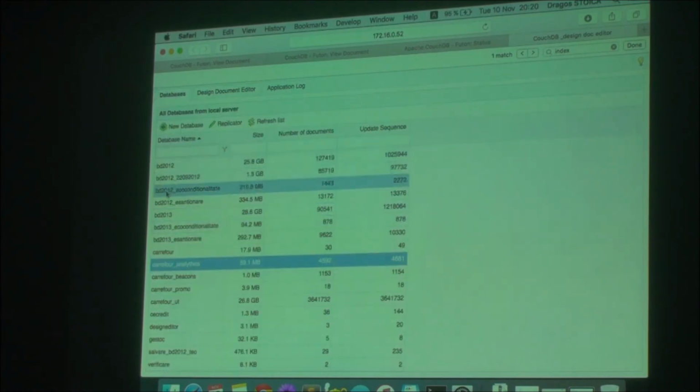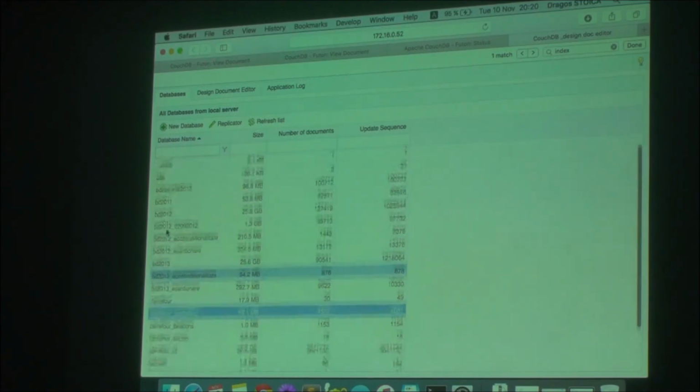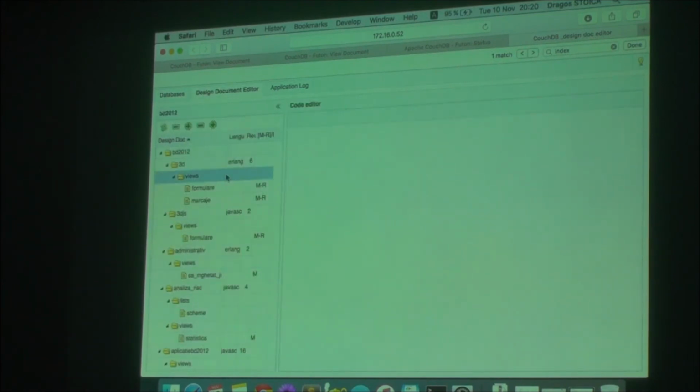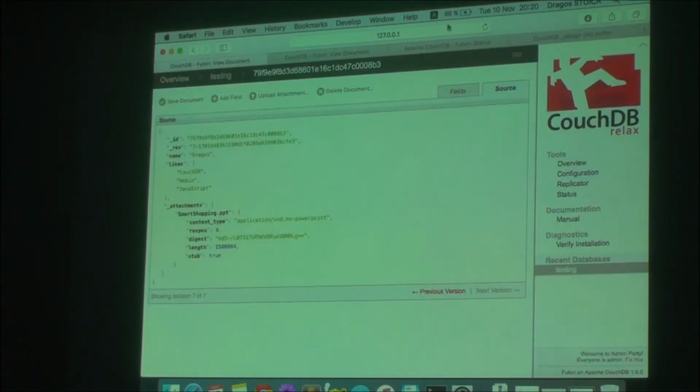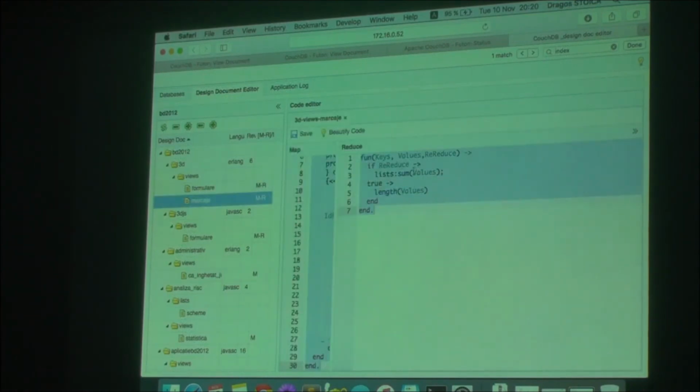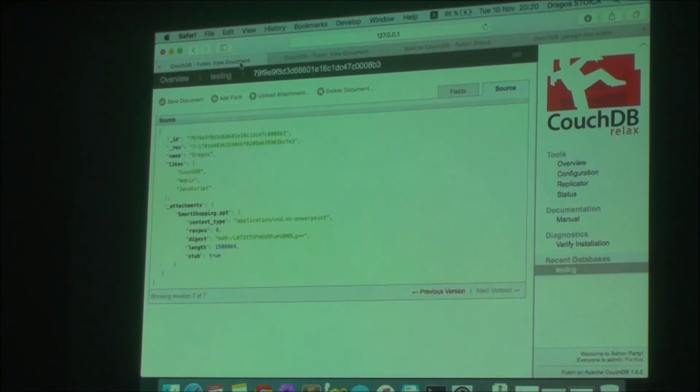But in BD we had, as you saw, a lot of design documents. The main idea was that I wanted to edit in a decent way, like a VI editor or whatever, a decent editor, my JavaScript code or Erlang or whatever I had there. So this is the design editor. It does a lot of things that Futon, this is Futon, does. The community adopted the editor. So this editor, you will also find it in